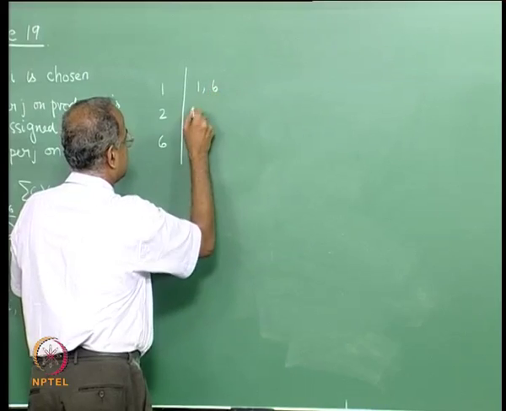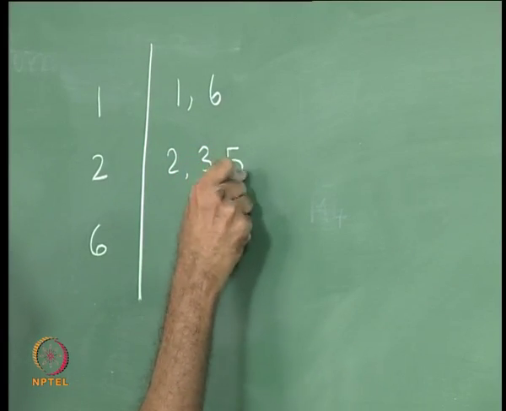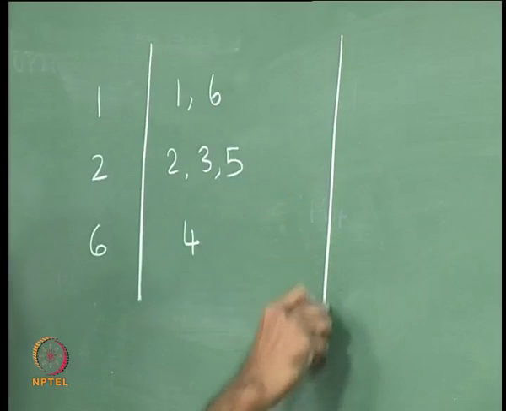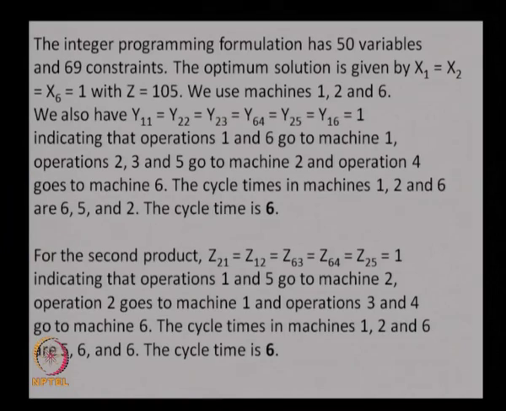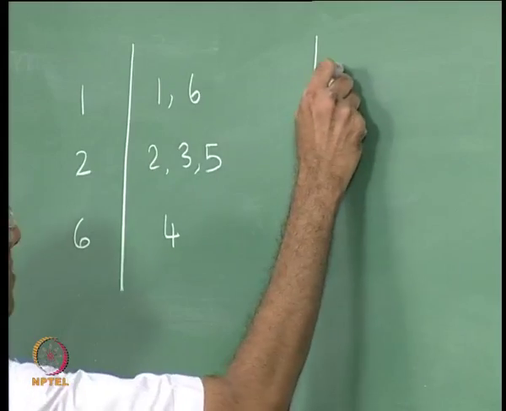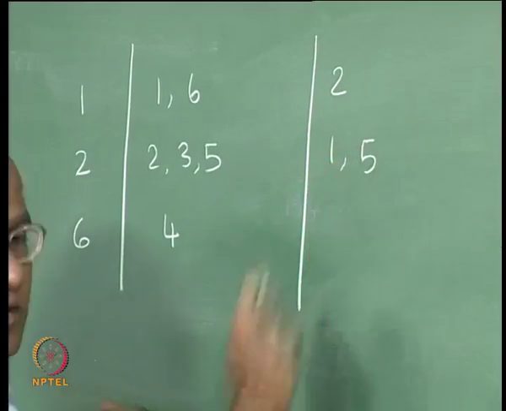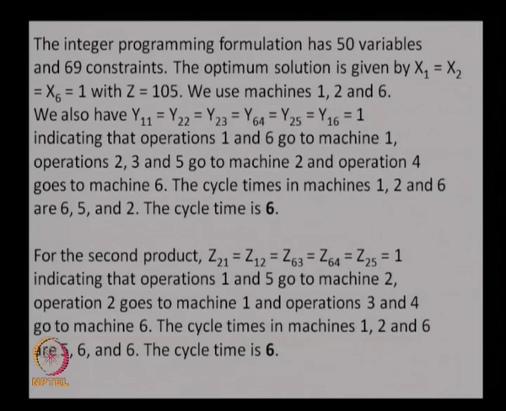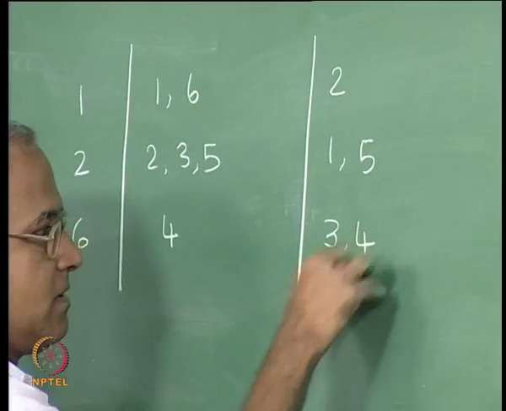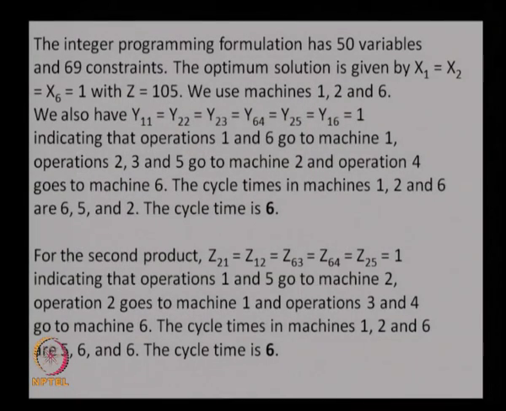So, 1 and 6, 2, 3 and 5 and 4, and for the second product, 1 and 5 go to machine 2, operation 2 goes to machine 1, 3, 4 goes here. So, the cycle times will be